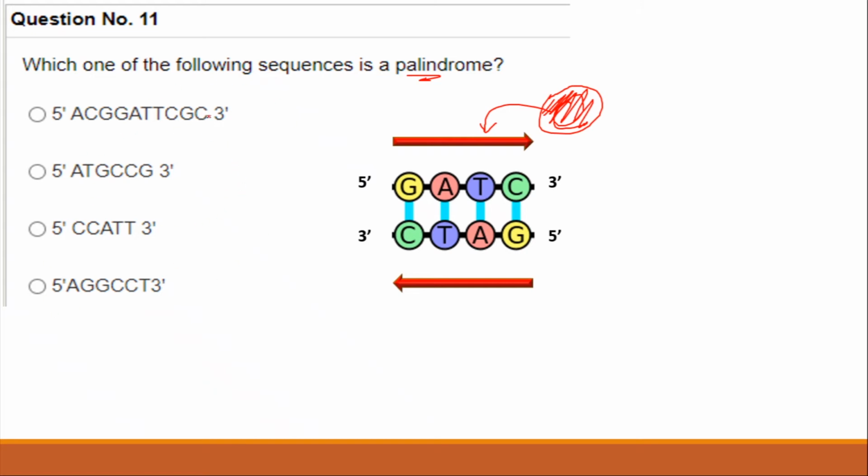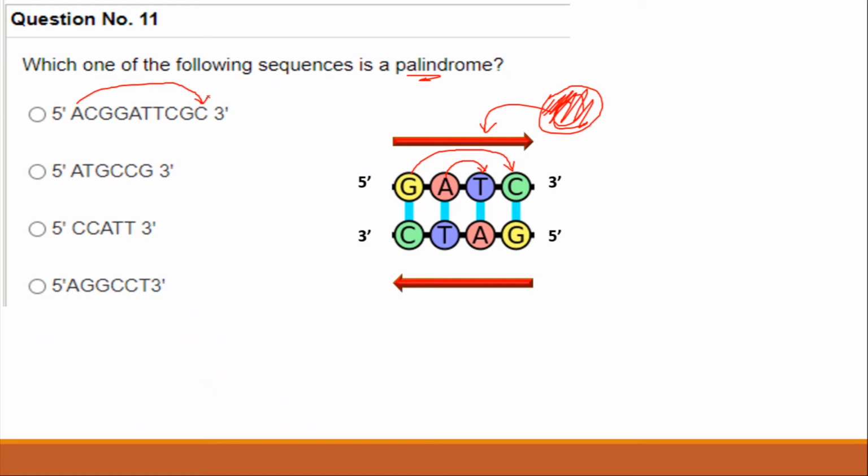Now, how are we going to find out which of the provided sequences is a palindrome? If you are thinking of drawing the complementary strand of each of these given sequences, it is just going to waste your time. So I will give you one small trick. As we can see in the sequence, you have G over here and the complement of G is C, and the complement of A is T. So if you can see a similar arrangement in your options,